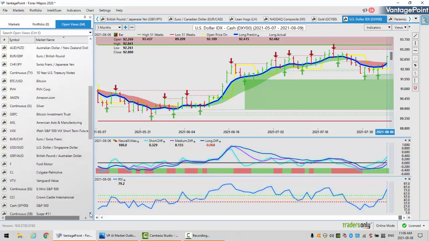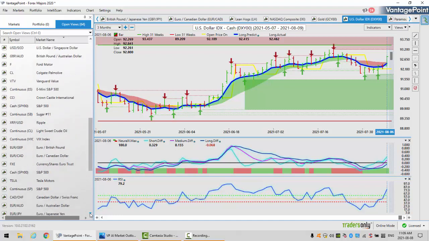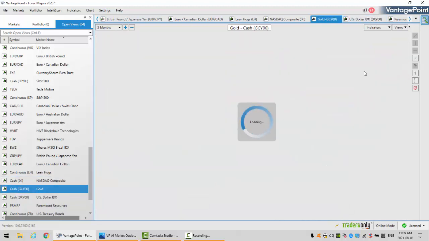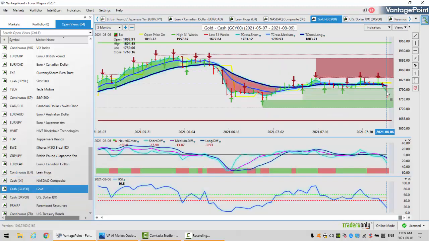Now, with that big move in the dollar and that very, very solid labor report, obviously gold did not really care. Gold really took it on the chin on Friday, but it really didn't have a great week to begin with. So when we look closer at gold here, using that weekly opening price with the key VantagePoint levels, mainly the T-cross long and the long predicted, we can see we're struggling right along here.